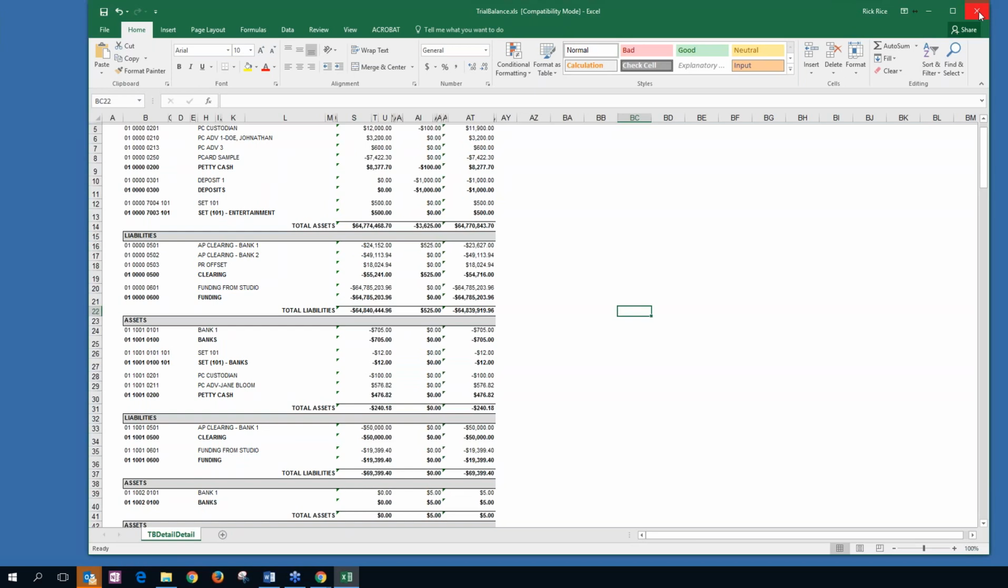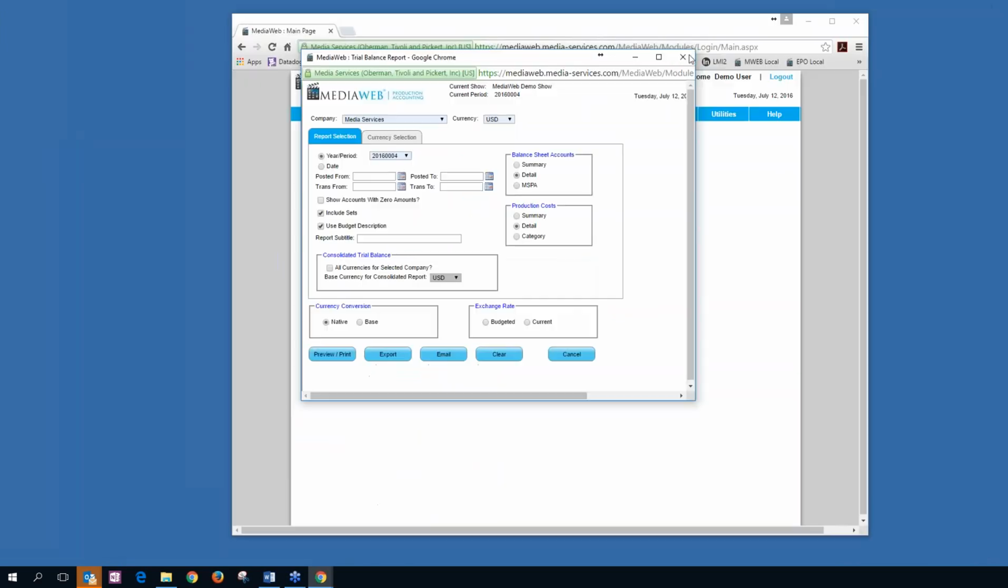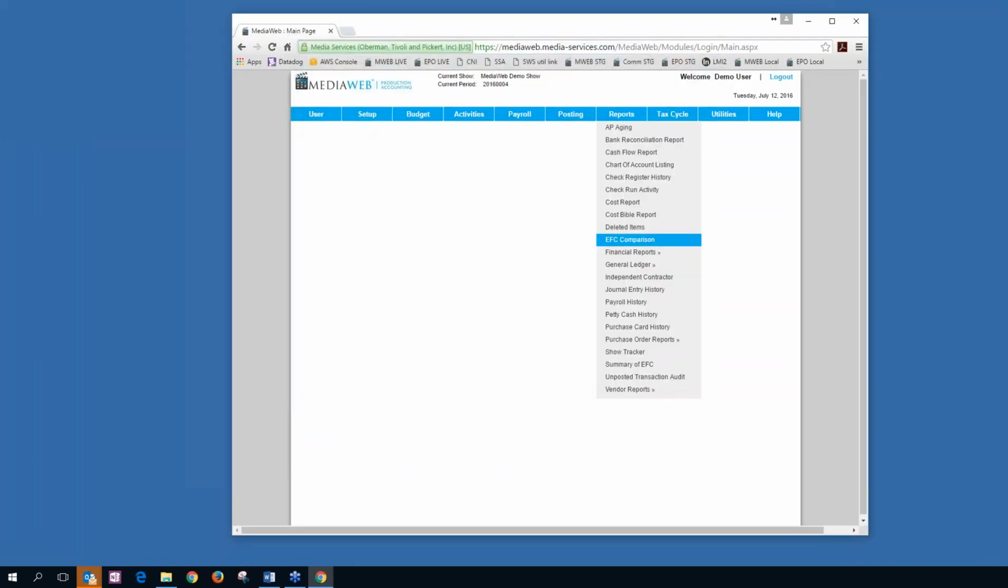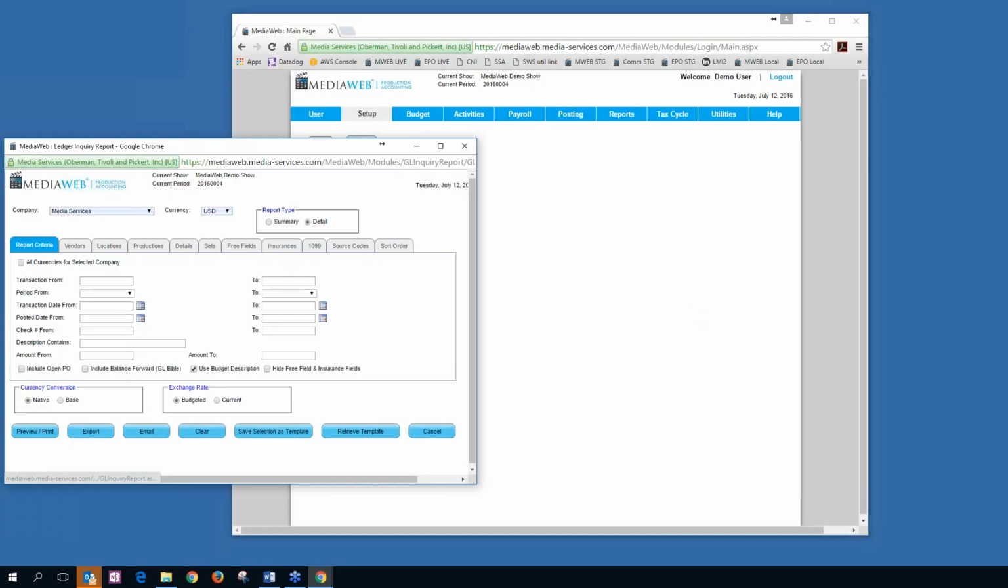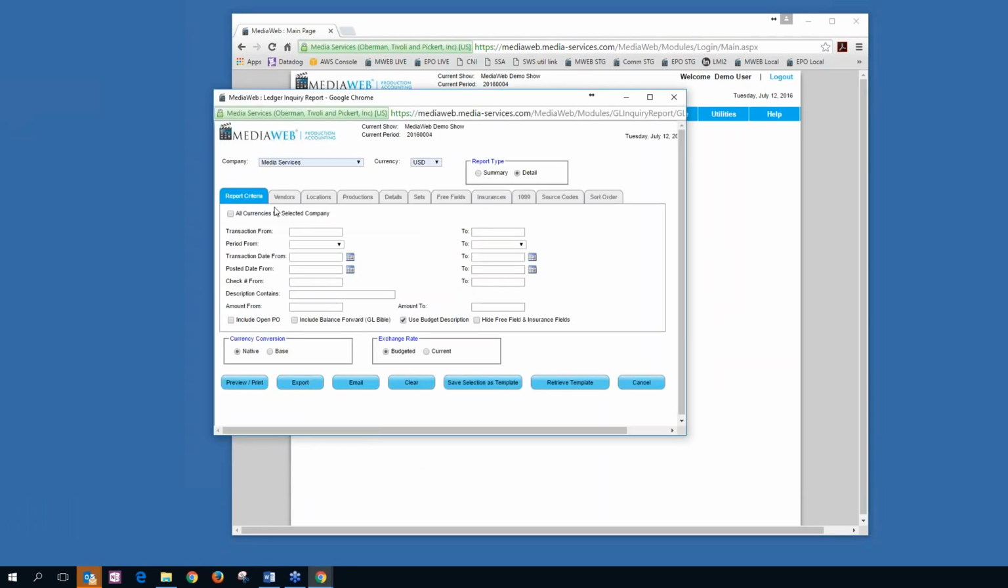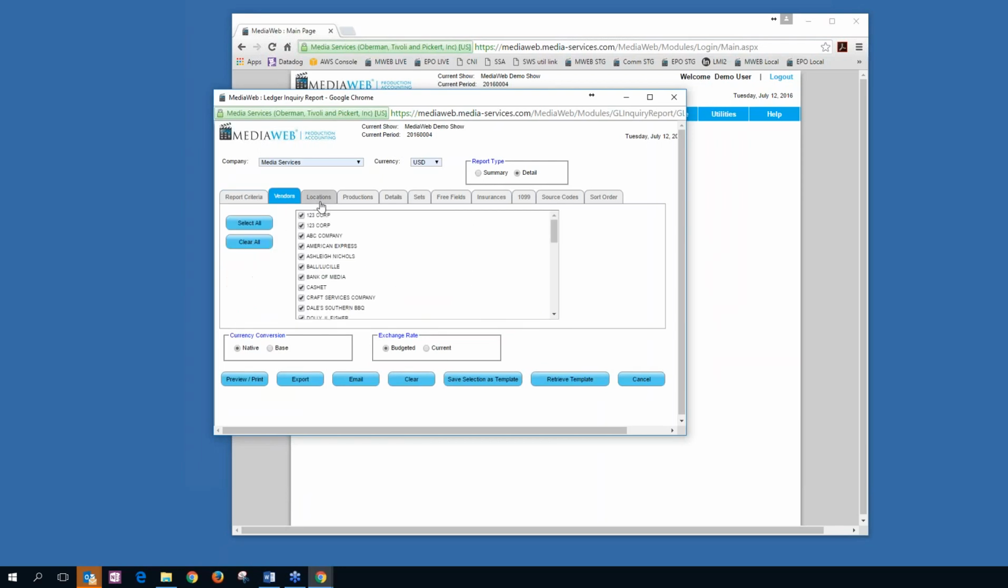The report that we've really done a good job on exporting as well is our general ledger. In the general ledger, you've got all the filtering options available to you. So you can see you've got your range of transaction numbers, periods, posted dates, transaction dates, vendors, locations, etc. So you've got your full array of every filter within the system available to you here